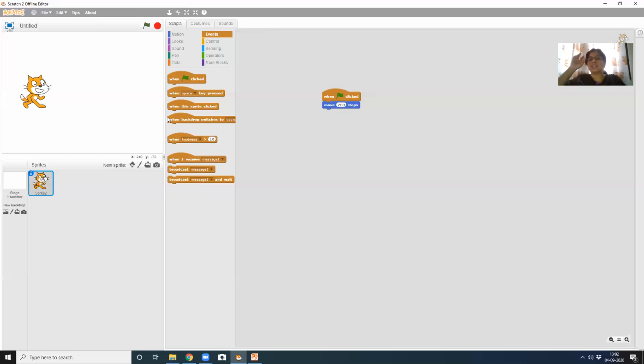When I press the space button or anything like that, you are just giving instructions for when this particular event happens. So when this particular key is pressed, what the sprite is supposed to do. This event block is about that, about when. Motion is about movements. Events is about when a button is pressed.